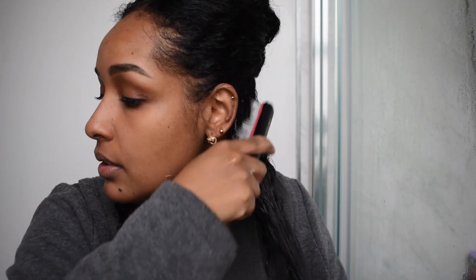But like I said, Tangle Teezer would do a good job as well. So with the Denman brush, I find that it's quite gripping. So you want to make sure your hair is detangled, and don't detangle with this brush because it pulls at your hair, and that's not what we want to do. So I'm going to start from the bottom and then go up